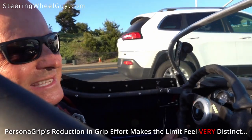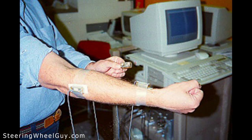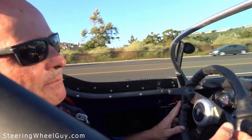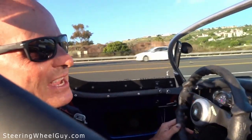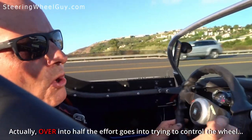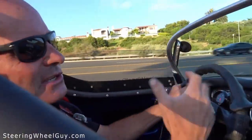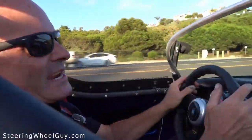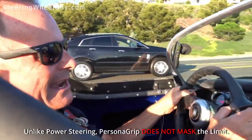and looked to see if I hit sand, because EMG tests with electrodes on the forearms have shown that it takes 54% less effort to turn or to hold on to something when you're properly molded to it. 54%, less than half the effort goes into just trying to hold the object. So anyway, all that means is you're reducing the tension to less than half. You're able to read the limit, basically it suddenly lights up like a peak in your mind,